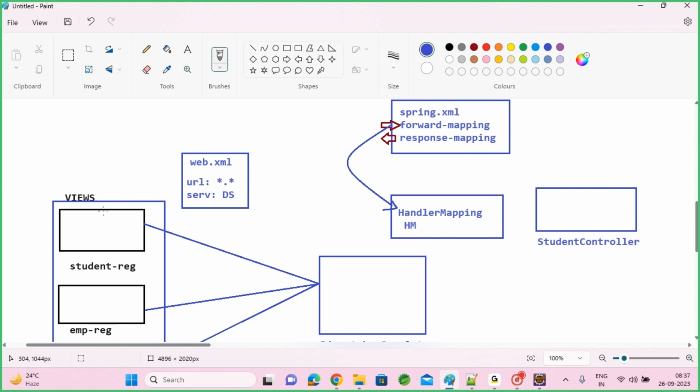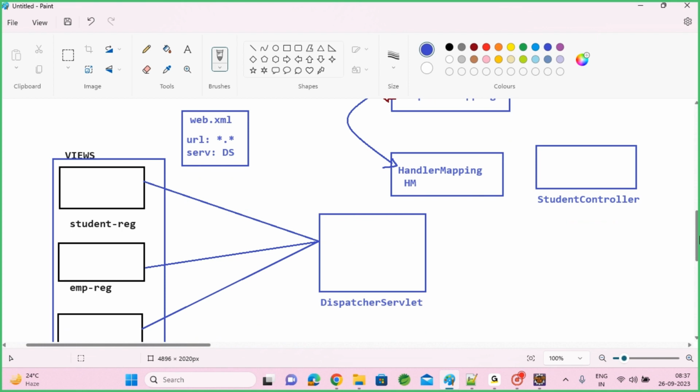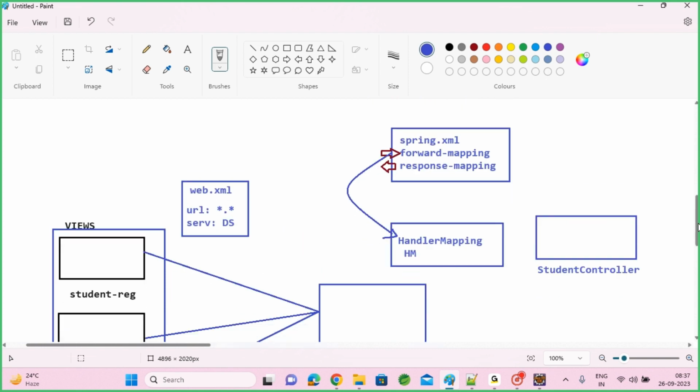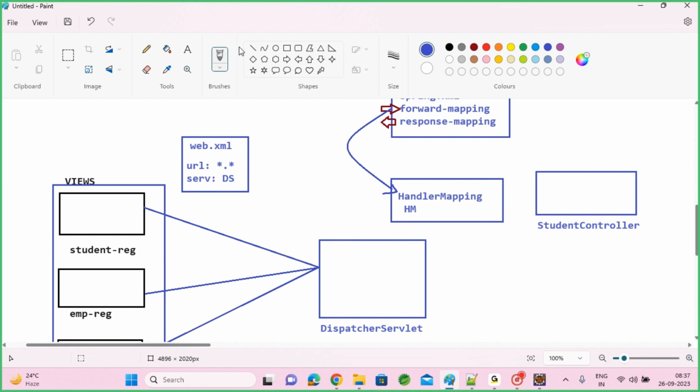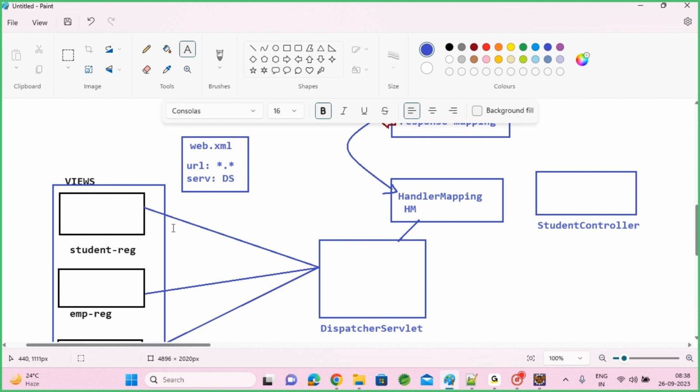The main components for us are the view page and the controller. These are all helper classes which are coming in between. My main focus is how to create this view and how to write this controller, but in between somebody should help us to map the request till the controller, right? So the handler mapping class will help here to identify which controller should execute. So the dispatcher servlet will approach the handler mapping class when you submit a request, right? Step one from the user, when you submit a request,